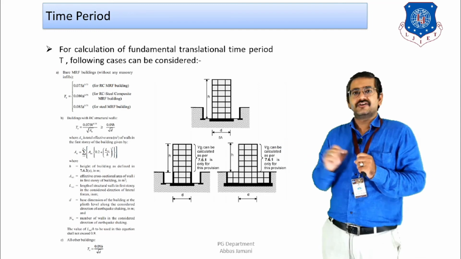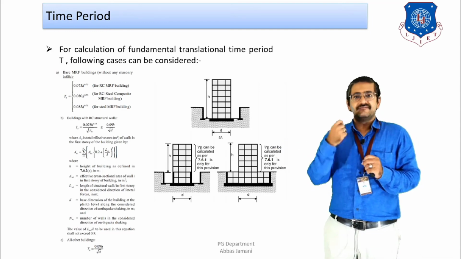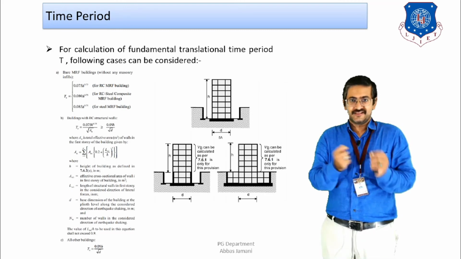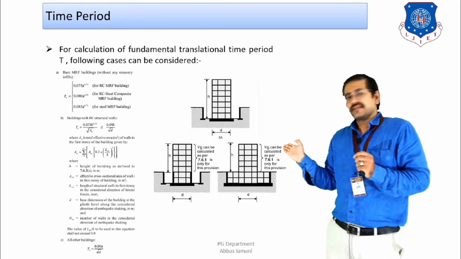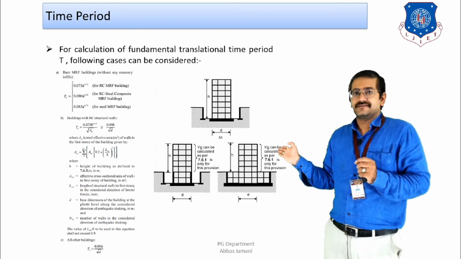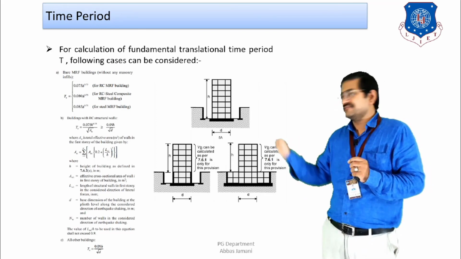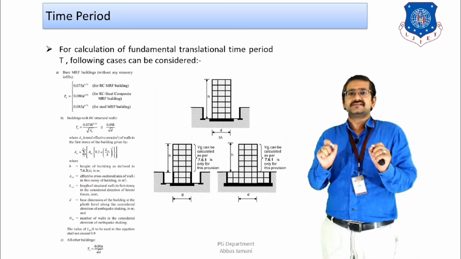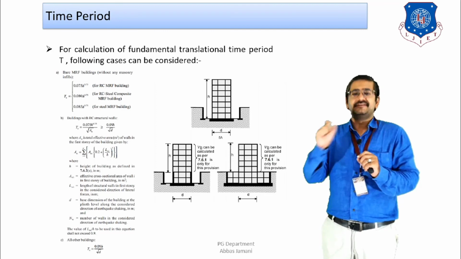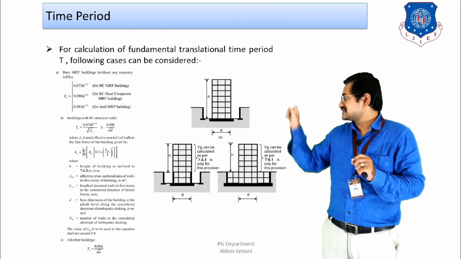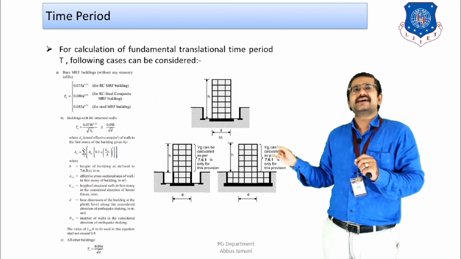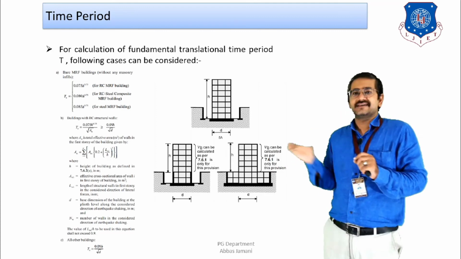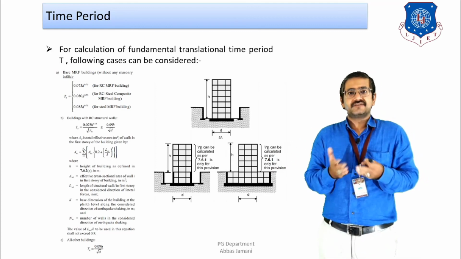However, h is going to change when you have a basement, and if the basement slab is connected to the retaining wall that you provide in the basement, then the code says that the height of the building h for the calculation of time period should be considered from above ground only. That happens when your basement slab is connected to these retaining walls. If they are not connected, then you have to consider the first case where the full height of the building has to be considered. But if they are connected, then you have to consider the height only from the portion above.